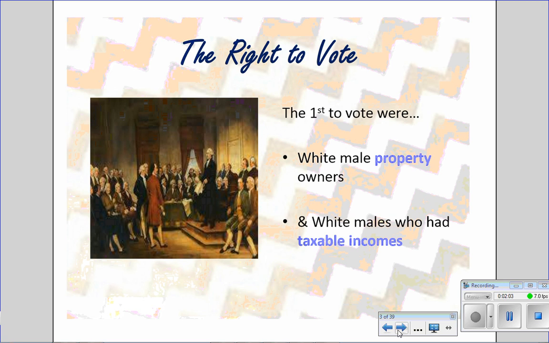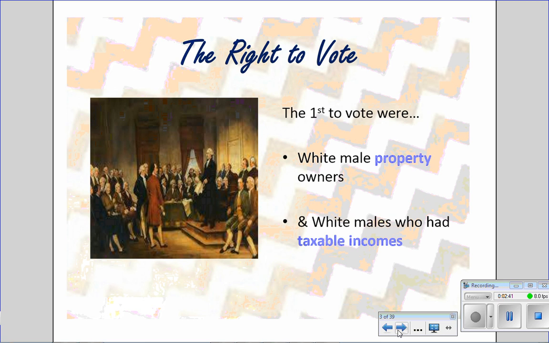And one of the justifications of that was that people didn't want people to vote who didn't care about the country. They thought that if you owned property, or if you made enough money to pay a lot of taxes, then you would care enough to find out about the candidates, educate yourself about the issues, and make an educated vote. And so that is another reason it is really important to prove that everybody takes that responsibility seriously. But that was why they thought that if you didn't own property and you weren't paying a lot of taxes, you wouldn't care enough.